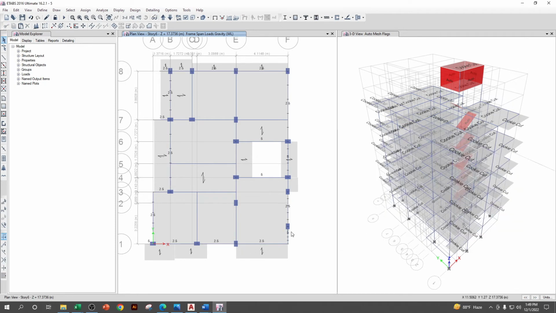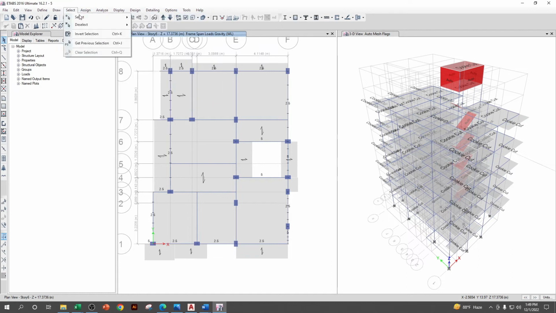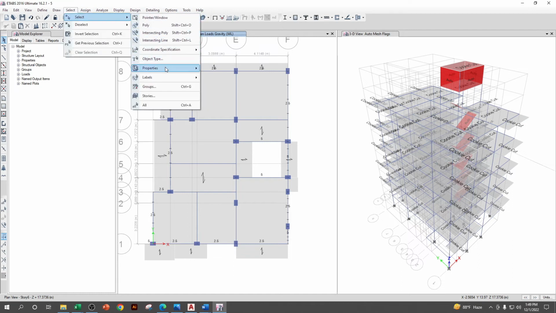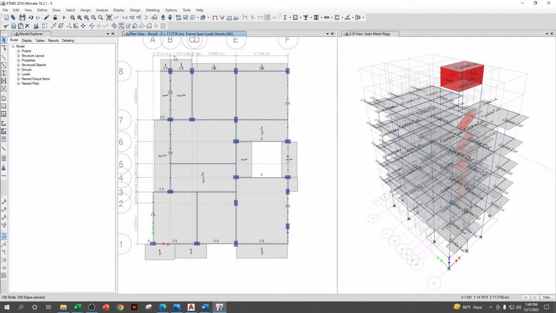Okay, save this one. Select object type floors, select. Okay, but now we will assign